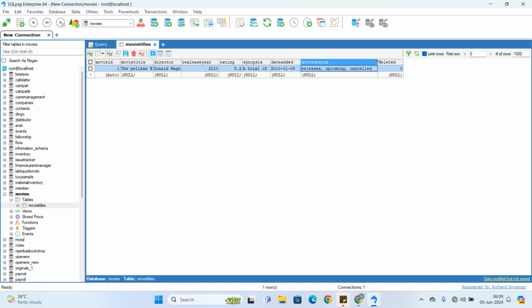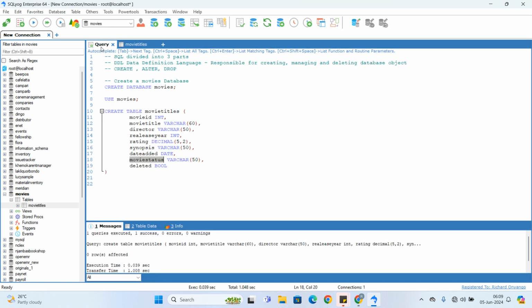Those are the three options I would want to have for my type of movie. Either it should be released, upcoming, or cancelled, and no other value other than that. So I'll cut that and I'll set that to null for now so that we can come and modify it later. Because I want to control what can be put here, I will add a check